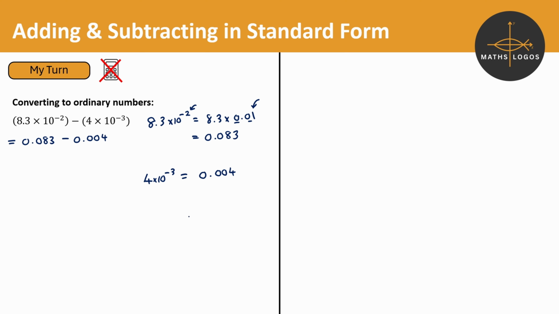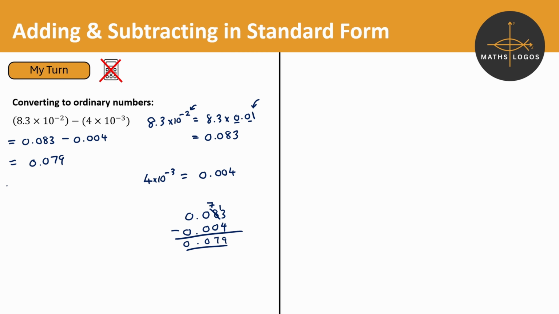0.004. Let's set up our column subtraction for that. 0.083. Take away 0.004. 3 subtract 4 I'm not able to do in its current form. So I need to exchange 100th for 10,000ths. 13 take away 4 I can do, it gives me 9. 7 take away 0 is 7. 0 take away 0 is 0. And it gives me this decimal answer, which is